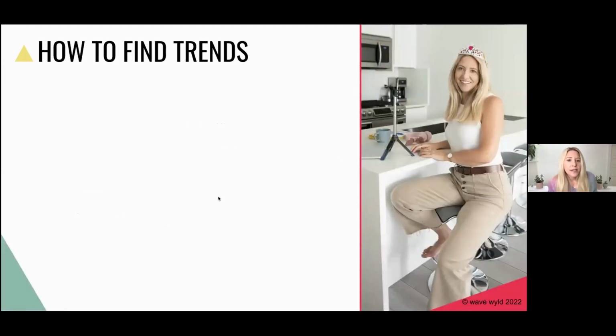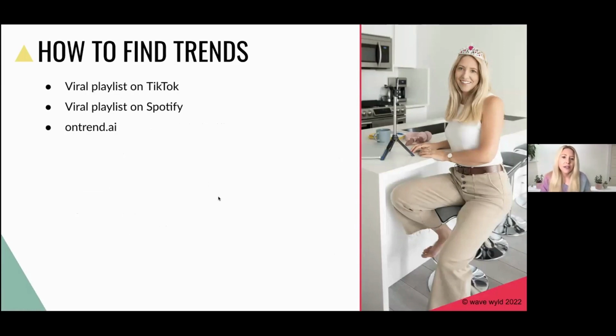Now, there are a few other ways that you can find trends on TikTok. There is a viral playlist in the sounds library that tells you the most popular songs on the app. Spotify, as well as I think Apple Music, has a viral TikTok playlist that also tells you the most popular songs. There is also a free website, trend.ai, that has an update. They were updating daily. I'm not so sure anymore. It lists the most popular sounds on the app.